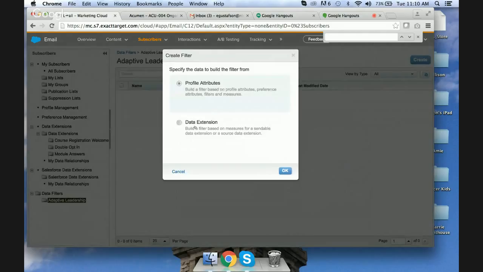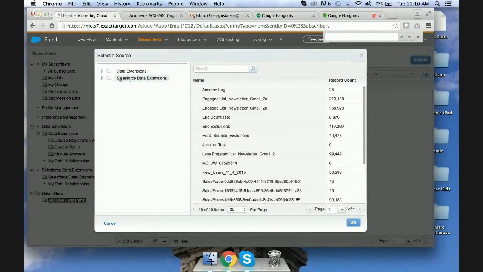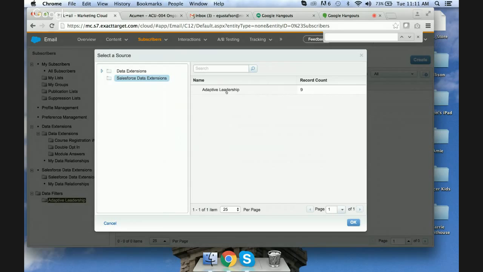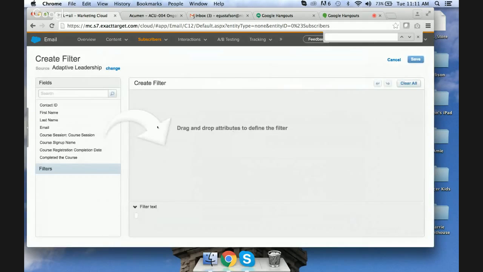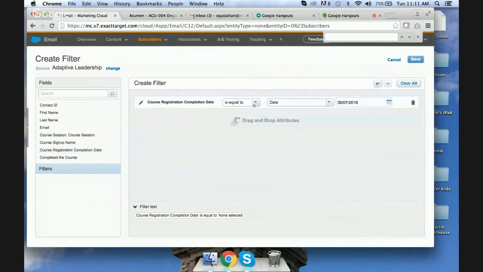Instead of profile attributes, we want to select a data extension to run off of and hit apply. And we want to choose our Salesforce data extension and adaptive leadership. And we want to start defining our criteria. So that first email you said you wanted to be 1 week out from the course registration date? Yep. Cool. So we'll just take this course registration completion date, drag that over here, and we'll say,